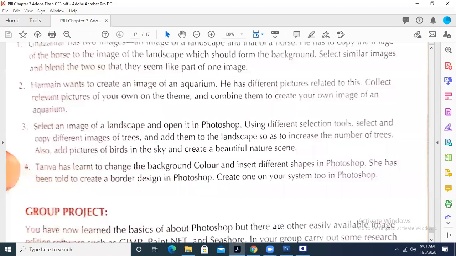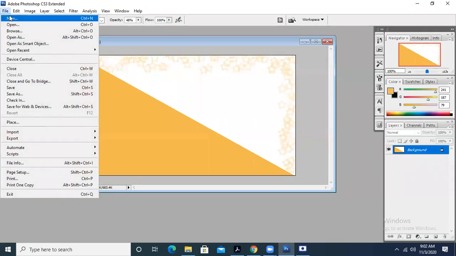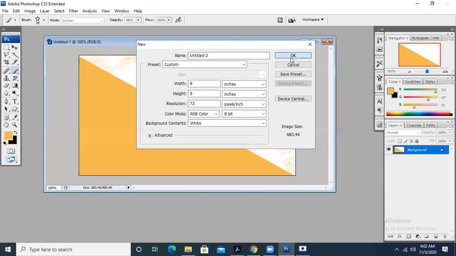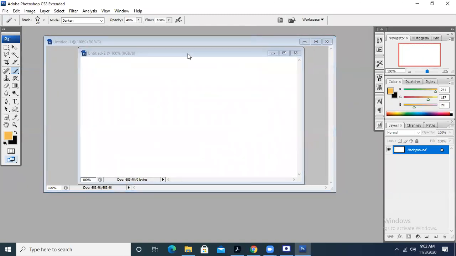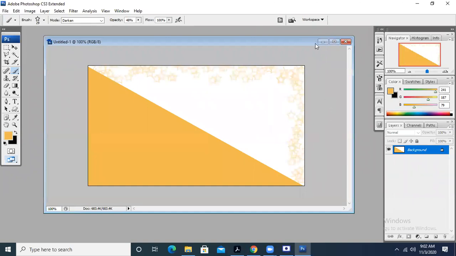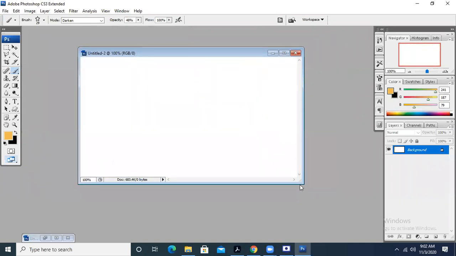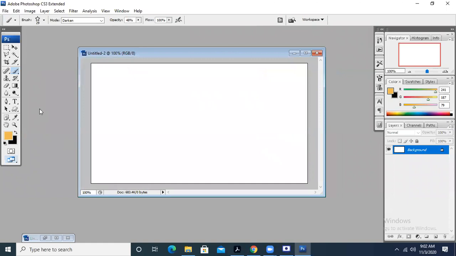Borders are basically those outlines drawn on the images that we draw for making our background beautiful. So we can draw different types of border designs using different tools.